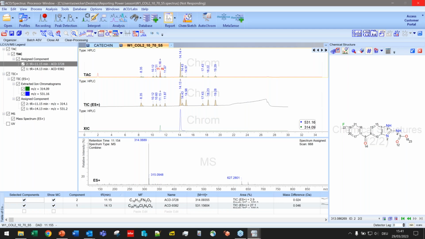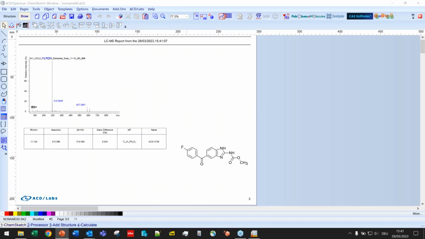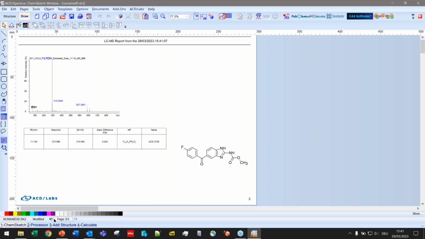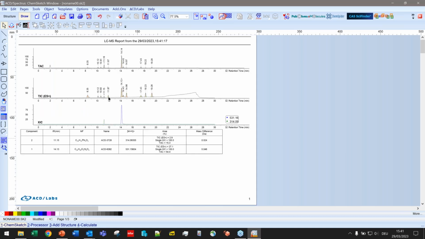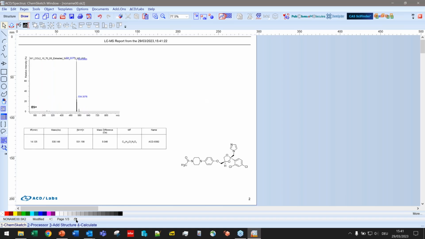It's just generating, it's taking a second. And it's brought me back to the ChemSketch window. So you can see now pages rather than one. Let's go back to the first page. That still is the same. That's what I had before. I'm happy with that. Now on the second page, we have the detailed